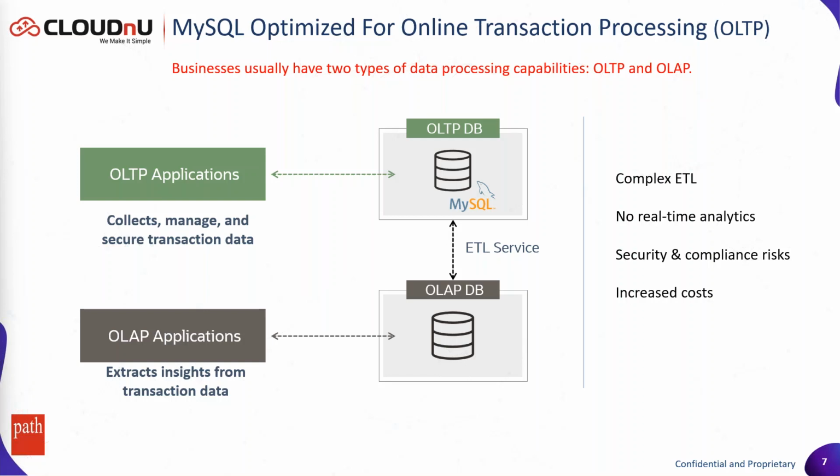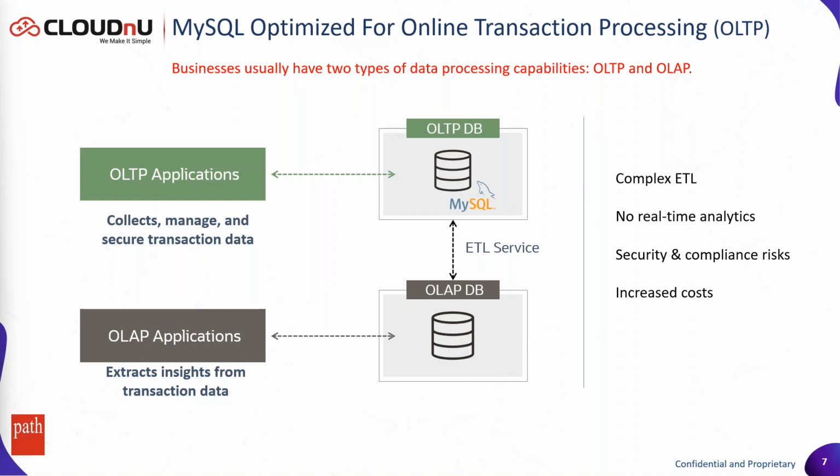Online analytical processing, on the other hand, usually involves querying the OLTP transactions that were created in the database for analytical purposes. OLAP helps companies extract insight from the OLTP data that they created earlier so that they can make informed decisions with analytics and with machine learning. MySQL is optimized for OLTP, but it was not designed for analytic processing. To run analytics